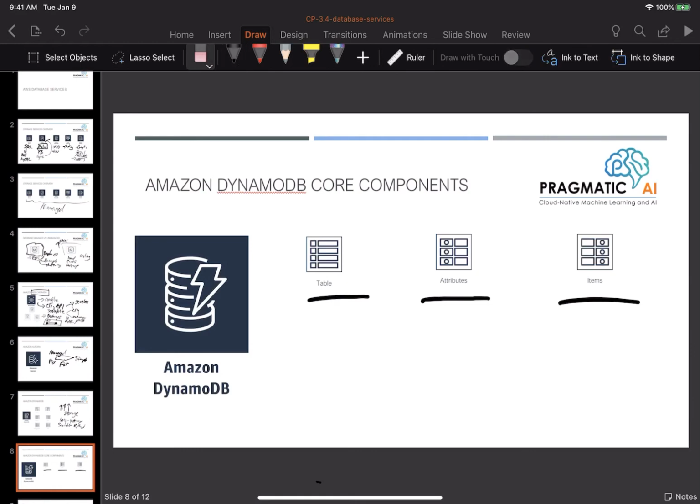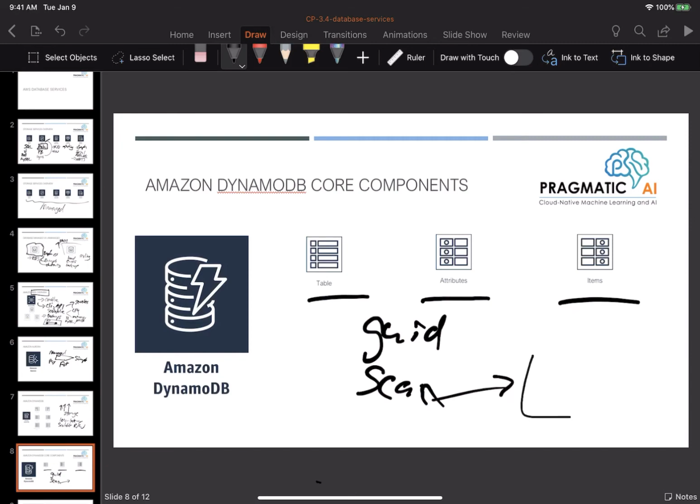The first one is that you can actually just do a key-based lookup, right? So you can look at a globally unique ID, which I was just discussing, or you can actually do a scan. And so if you wanted to grab everything inside of a table, you could actually go through and it would grab all of the records in the table. So lots of different ways to query